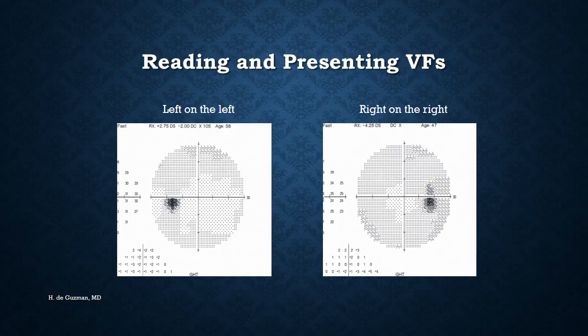When we present visual fields and when we interpret them, we lay them with the left field on the left and the right on the right. This is to highlight neuro-ophthalmic defects which tend to respect the vertical midline, and it also helps us to understand the fields better and see them the way the patients are seeing them. This is the opposite of the way we present other eye findings, where we usually present the right eye findings on the left side, because we start presenting with the right side usually.